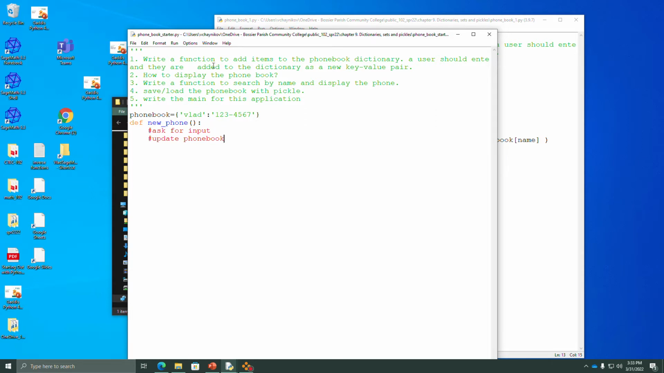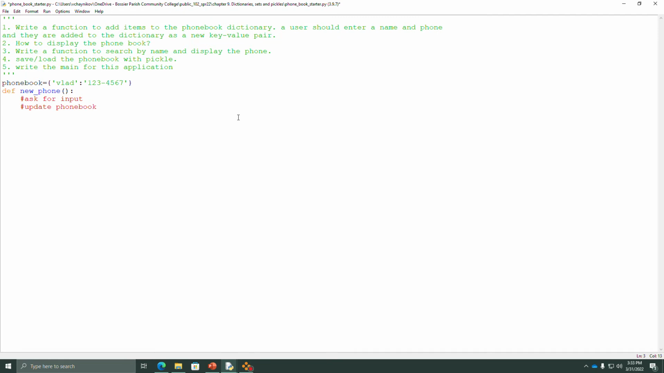So first of all, we want to add items to the phone book, and they should be added to the dictionary using new key values, so by inputting new key values. And also we want to display the phone book in some somewhat convenient fashion. We want to write a function to search the phone book by name and display the phone,